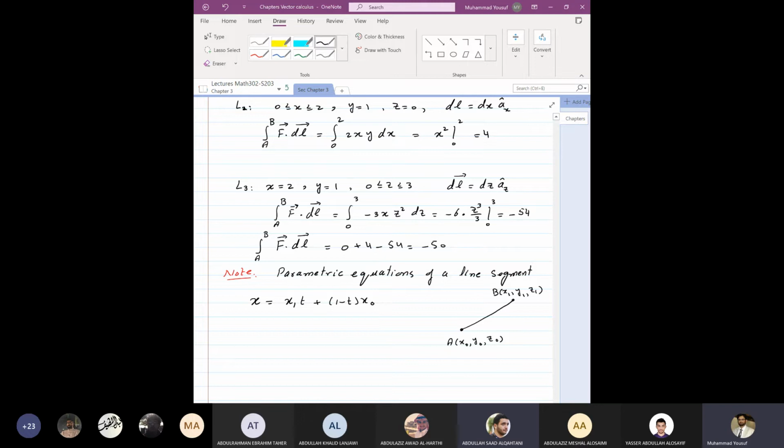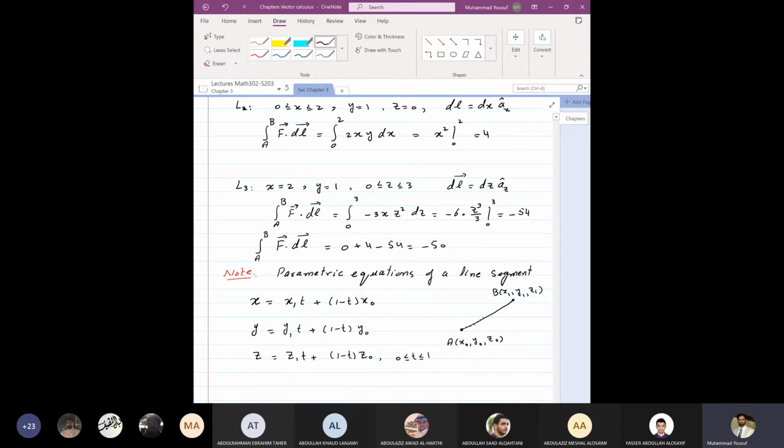And when t is 1, what do we get? x1. And when t is between 0 and 1, we get points between these two. So similarly, y equals y1 t plus 1 minus t y0. And z equals z1 t plus 1 minus t z0, and 0 less than or equal to t less than or equal to 1